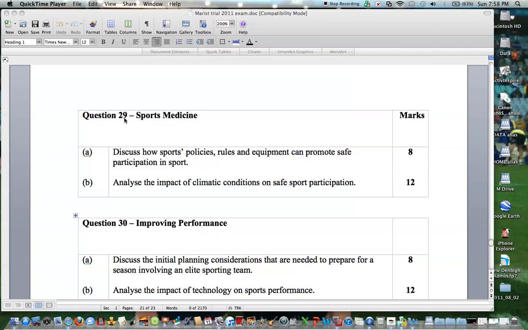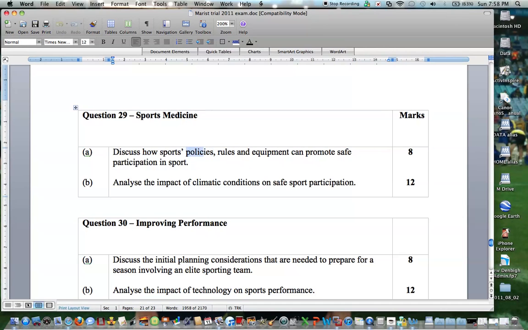Question 29 was involving sports medicine, and we're going to look at 29a here. This is question 29a, and it says discuss how sports policies, rules, and equipment can promote safe participation in sport. The question is worth 8 marks. So what we need to look at here is obviously policies, rules, and equipment,